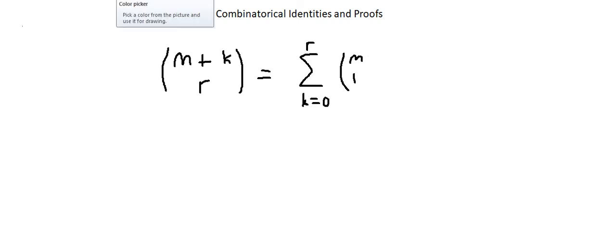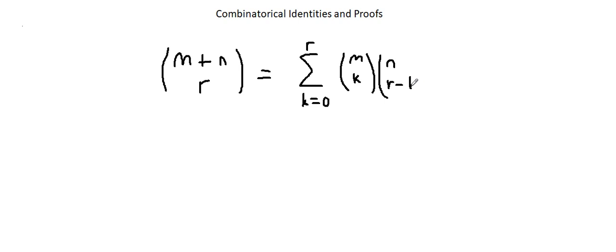Okay, I'm going to make this n, that way my variables don't conflict. And then m, we have r minus k. So this identity, I don't know how you actually say Vandermonde, but this identity is when you have